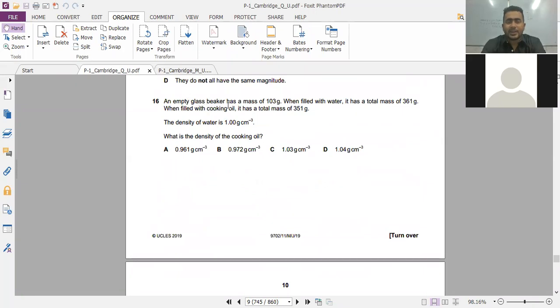An empty glass beaker has a mass of 103 grams. When filled with water, it has a total mass of 361 grams. When filled with cooking oil, it has a total mass of 351 grams. The density of the water is 1 gram per cm cube. What is the density of the cooking oil? So it's pretty easy. Density of the cooking oil বের করা আমাদের জন্য কঠিন কিছু না।